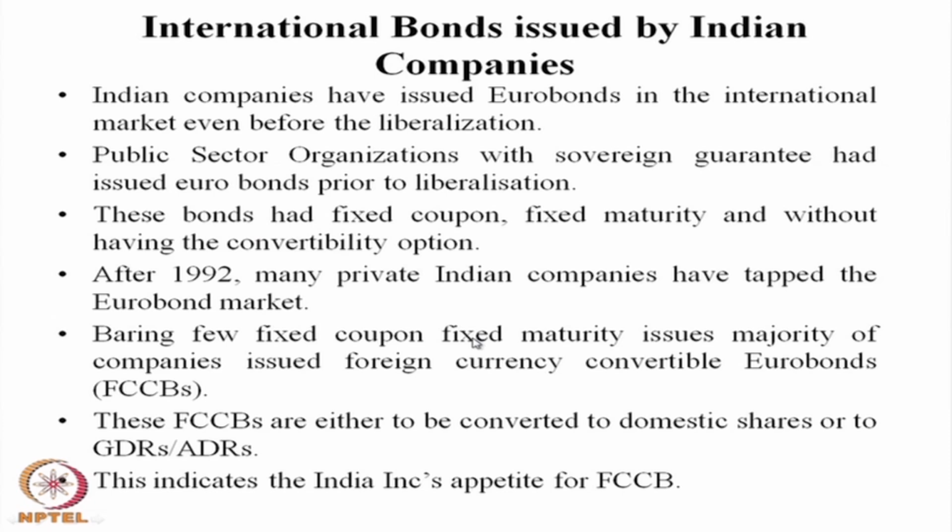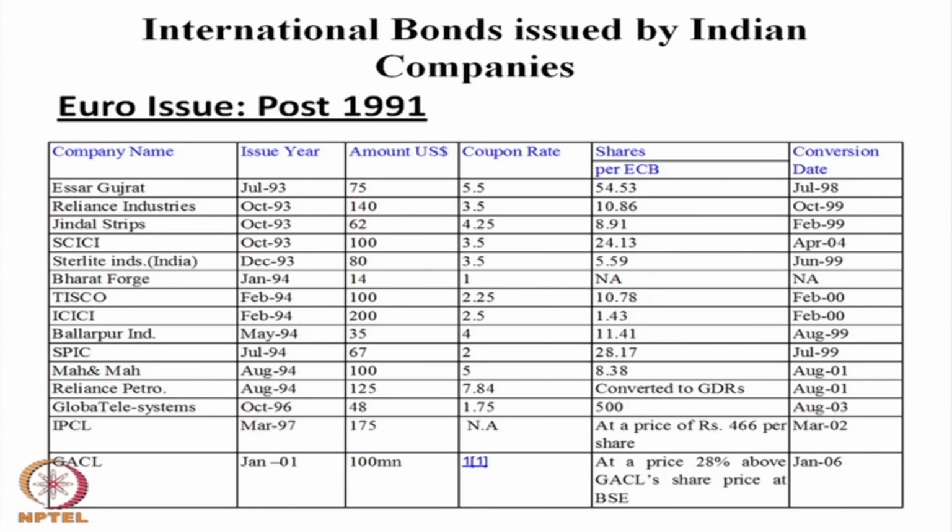But if you go beyond that, the Euro issues post 91, many companies have issued after the 91 economic liberalization. This allowed them to, because many economic clauses, the external commercial borrowing clauses, were relaxed after the 91 economic reform period. Many companies have issued Euro issues after 1991, like Essar Gujarat, Reliance Industries, Jindal Power, then Sterlite Industries, Bharat Forge, Tisco, ICICI Bank, and then Reliance Petrochemical, Global Telefilms, and also IPCL. They have issued what is called Euro issues after 1991 with variable coupon payment, and